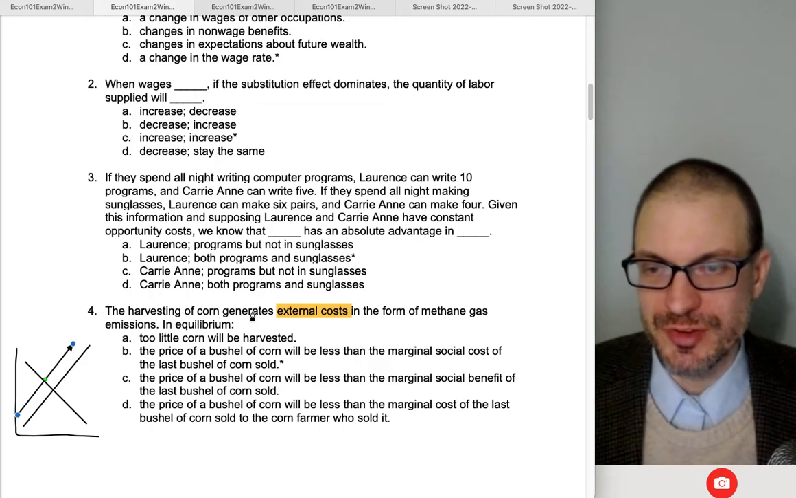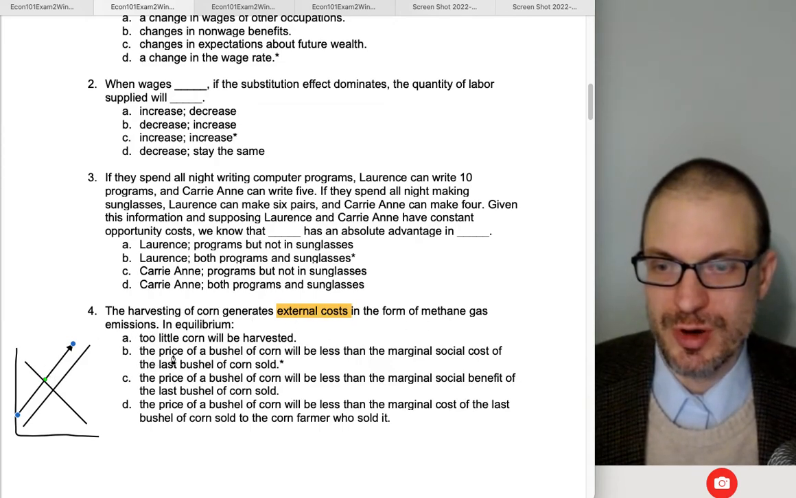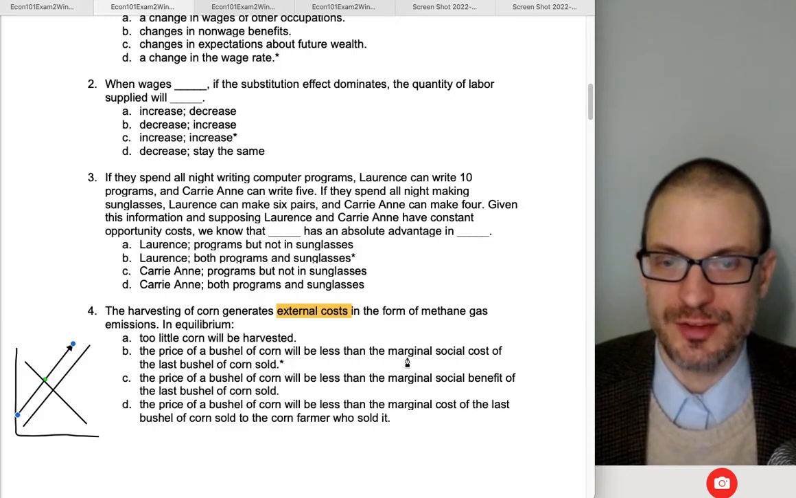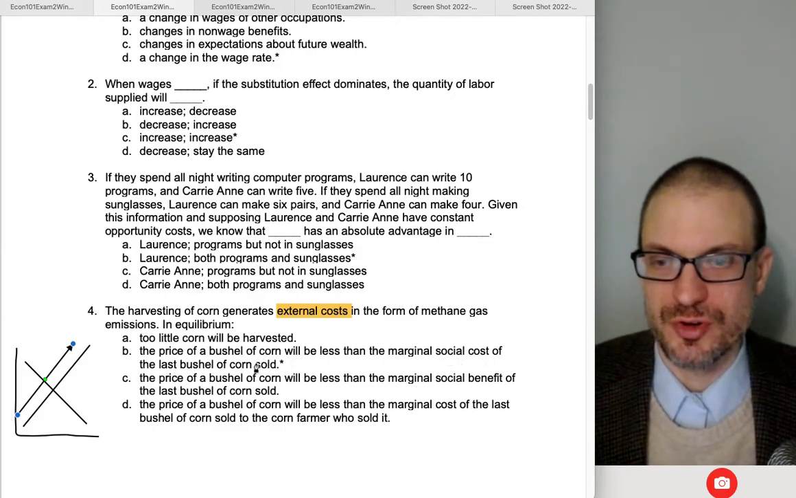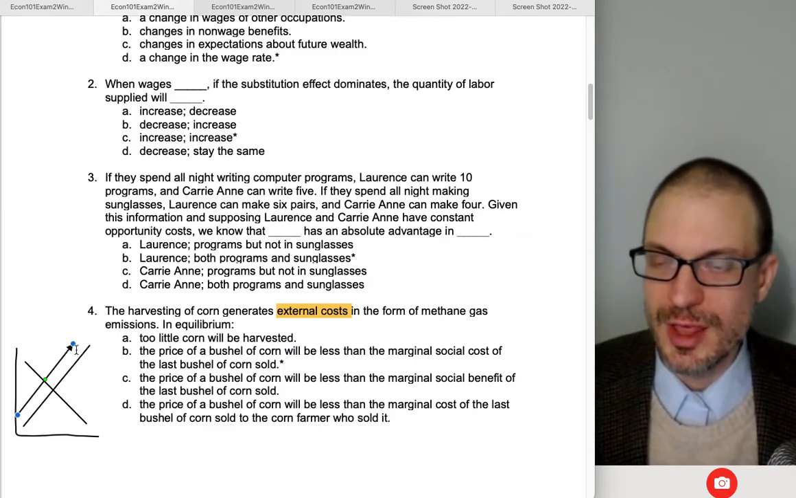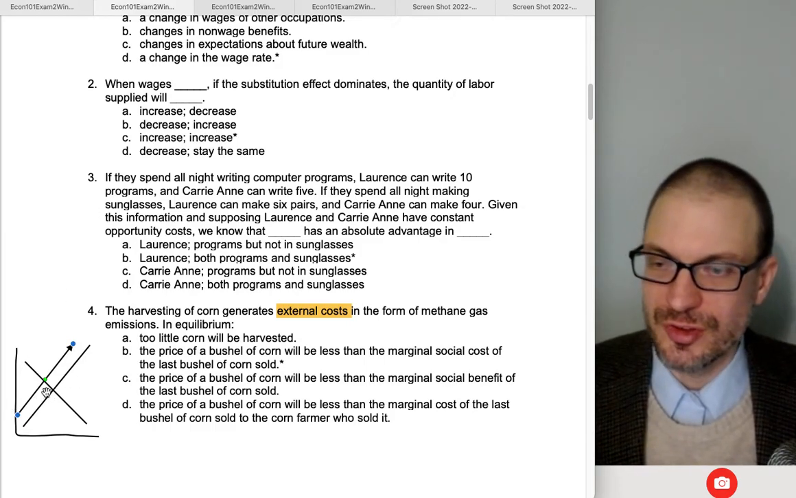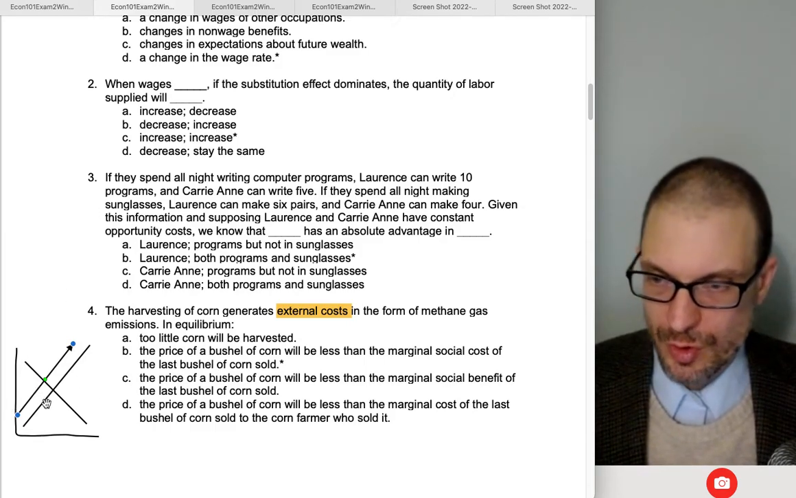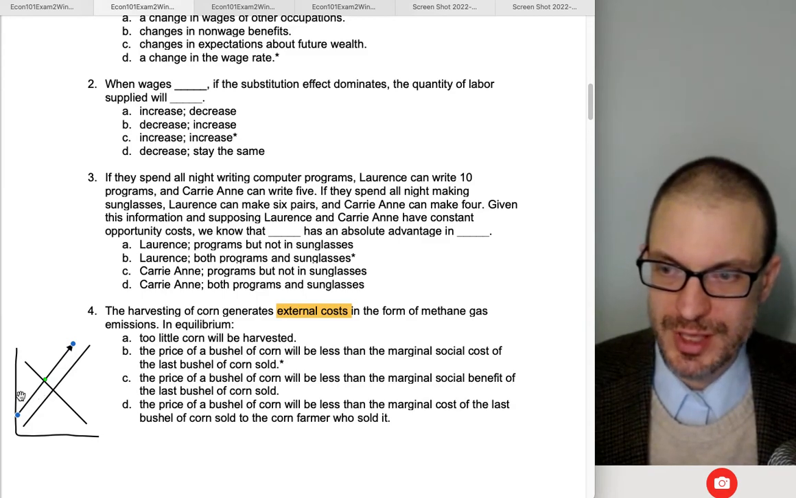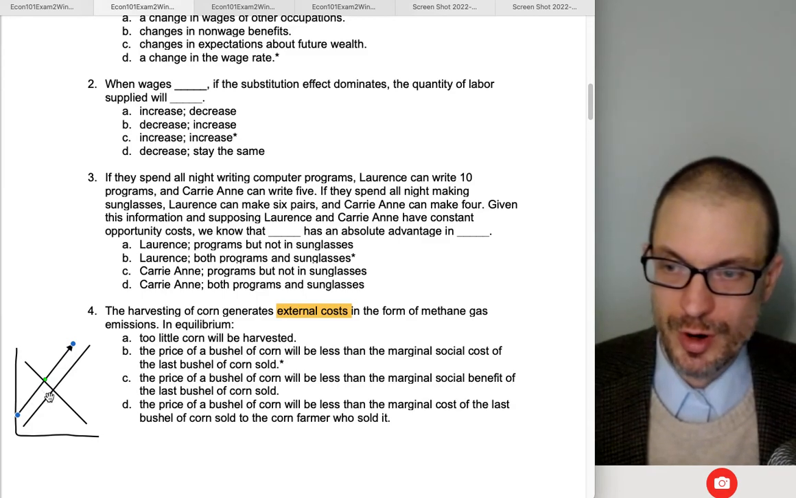Anyway, harvesting of corn generates external costs in the form of methane gas emissions. In equilibrium, the price of a bushel of corn will be less than the marginal social cost of the last bushel of corn sold. That's this picture. Here's the marginal social cost, inclusive of the externality. The price of a bushel of corn is what the market price is going to be. It's way down here, so it's lower than the